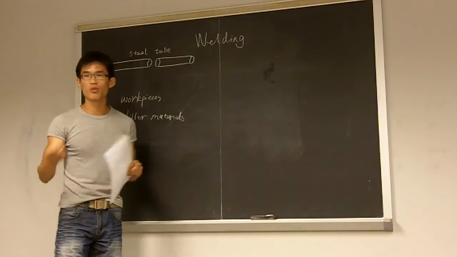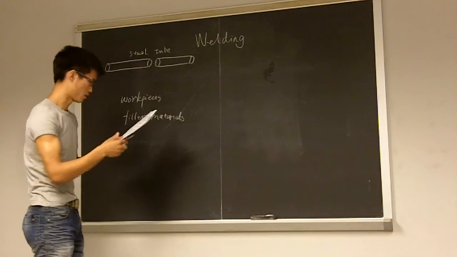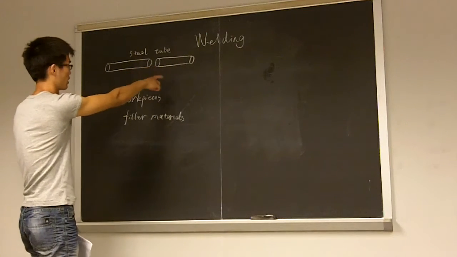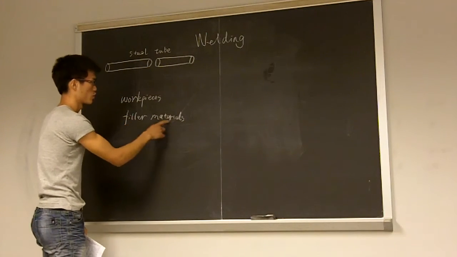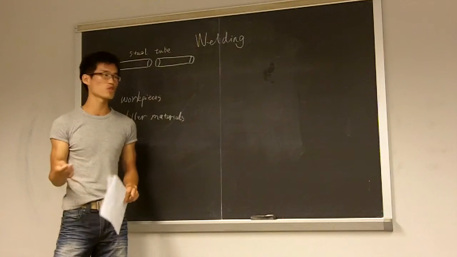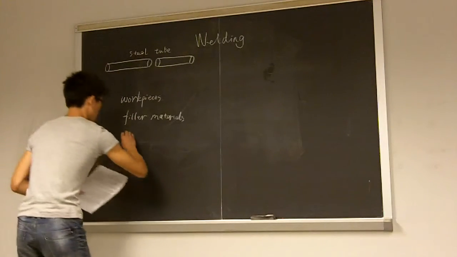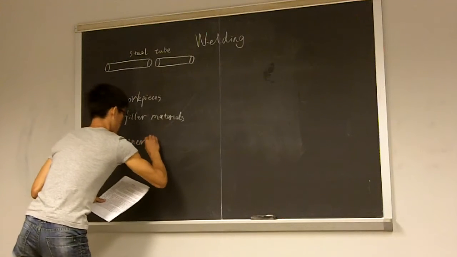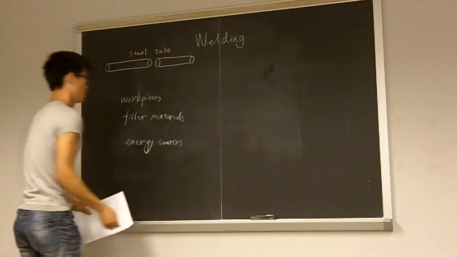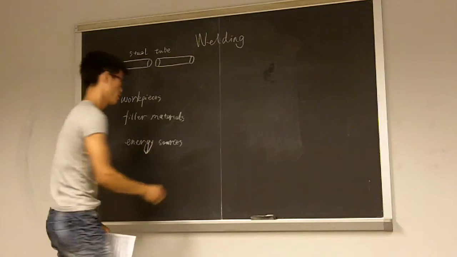Does everyone follow me? Any questions so far? Okay, now we go on. To melt these two workpieces, like the steel tube, and the filler materials, we need heat, and the heat comes from an energy source. We need energy in welding, and the energy source includes